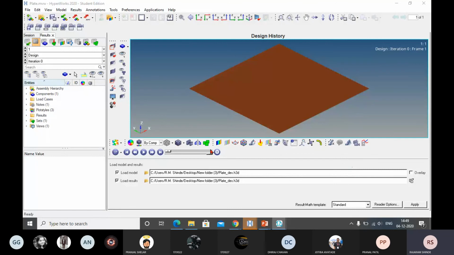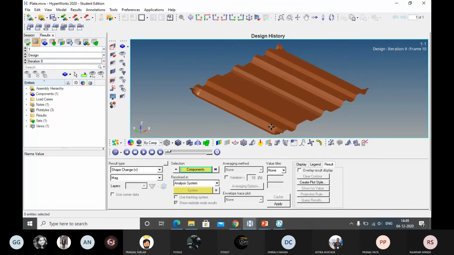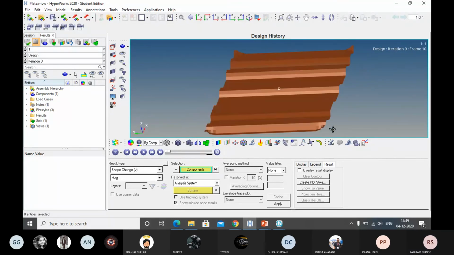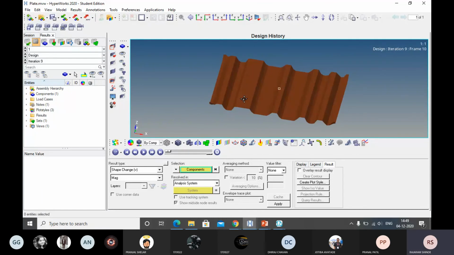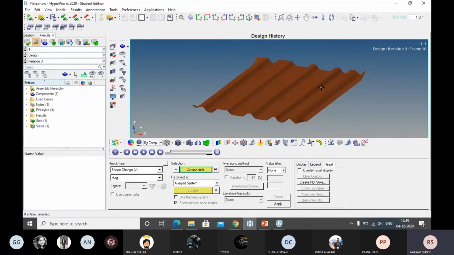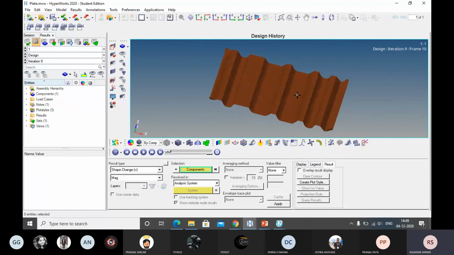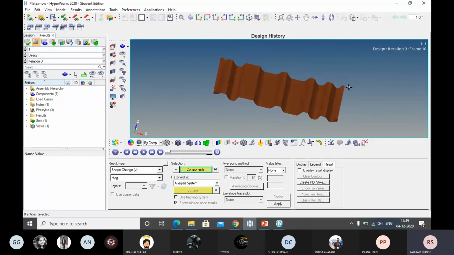Now you see the element shape first. It is in the 9th iteration. You see this one. It is parallel to the anchor node. Are you getting this? Parallel to the anchor node, but there may be a big change as compared to this one.